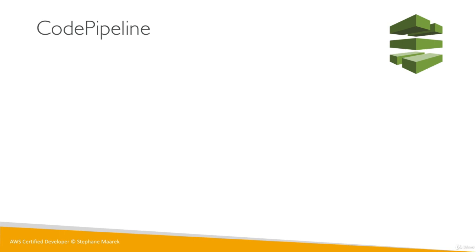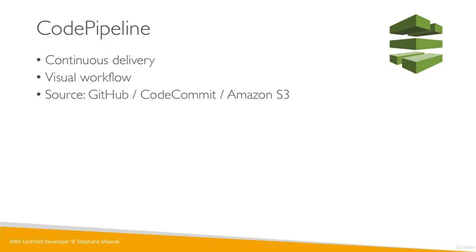So now we're getting into the continuous delivery and orchestration of our AWS deployment workflows in CI/CD. Code Pipeline really is going to be a visual tool to perform continuous delivery. The idea is that we're going to be able to orchestrate between sources, and these sources are going to be GitHub, Code Commit, maybe even Amazon S3, and then we're going to build stuff using Code Build that we haven't seen yet, or Jenkins, or any third-party tool really.